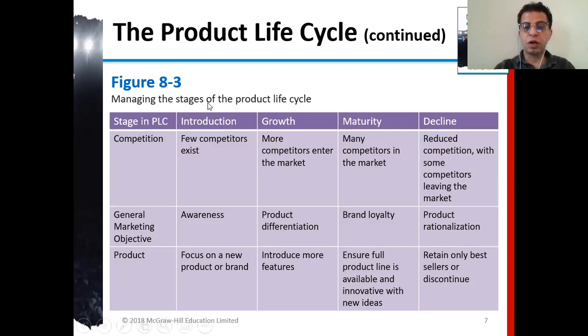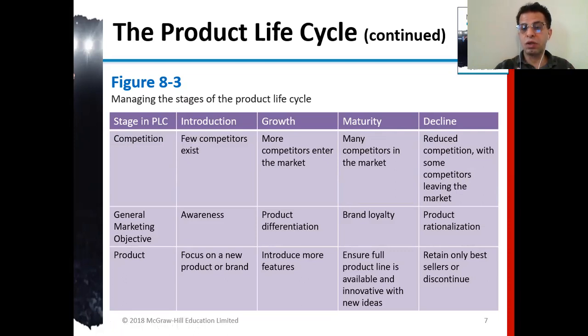Now, during the growth, that's where more competitors enter the market when they start seeing that there is a business for higher education solution. So competition starts bringing their own solution, developing the solution, or bringing in an international solution. At the maturity level, there are many competitors in the market. Microsoft had its own product trying to compete with us. PeopleSoft was there, and other products also were competing with us.